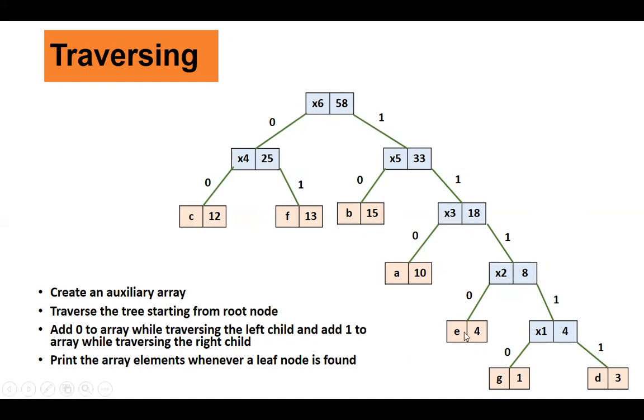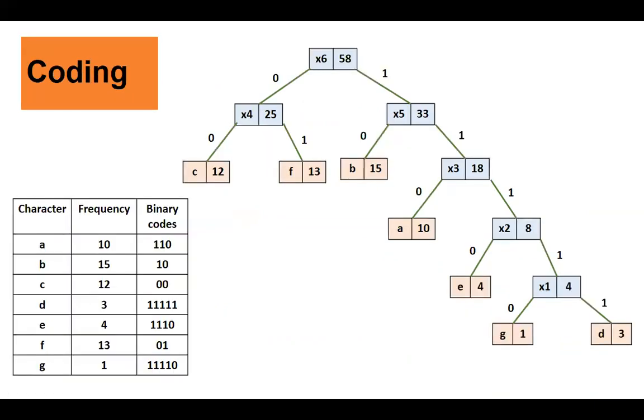These are the leaf nodes. All pink color nodes are leaf nodes. All blue color nodes are the internal nodes. Fine. So as you traverse on the left side, keep on adding 0. As you traverse on the right side, keep on adding 1. So here left is 0, right is 1, left is 0, right is 1, left is 0, right is 1. Similarly, here left is 0, right is 1. Now this is nothing but encoding. So using this structure, we do the coding.